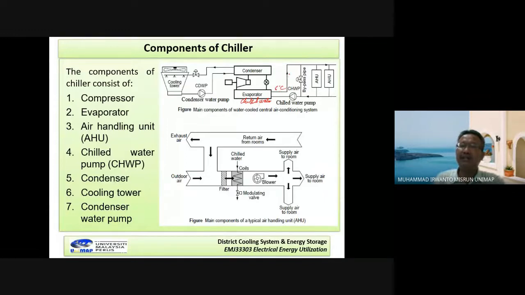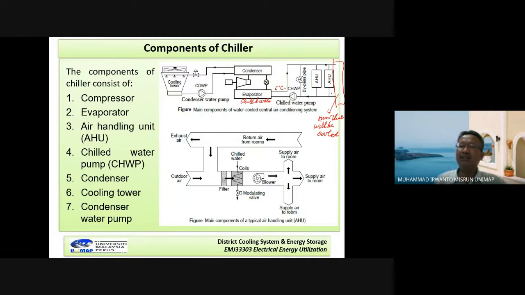Imagine this line is a pipe. The pipe goes through here. This pipe we can call the first pipe or riser pipe, and then it goes to the AHU. This one is the air handling unit. How many air handling units depends on how many floors are in the building, for example. Now let's say this is our room, the room that will be cooled by this process.